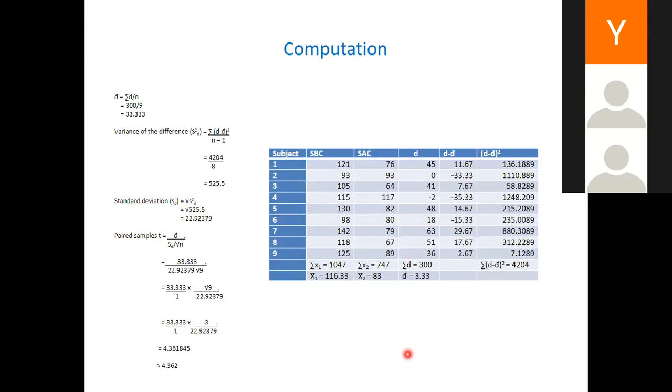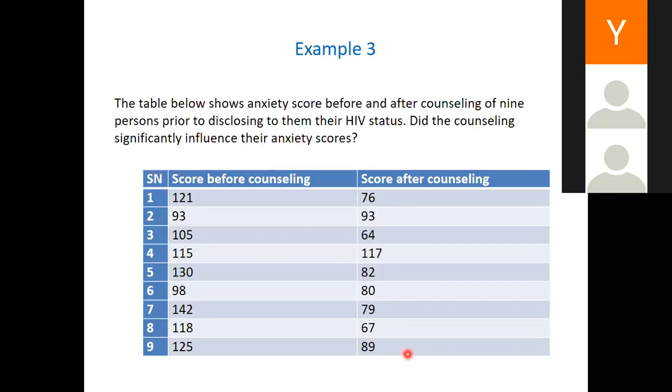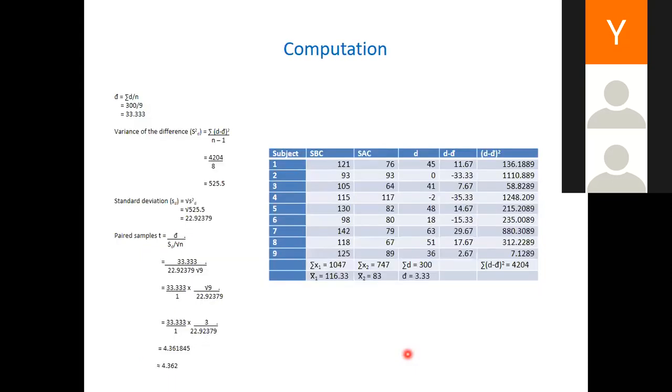The difference between the paired and independent t-test is that for the independent t, you are looking at the difference between two means. If you remember the independent sample t, there is X-bar 1 and X-bar 2. You are looking at the difference between the two. So independent t looks at the difference between two means. But with this one, even though you take measurement before and after, you are not calculating their means for before and after and removing. No. What you do is to remove the value before and after.